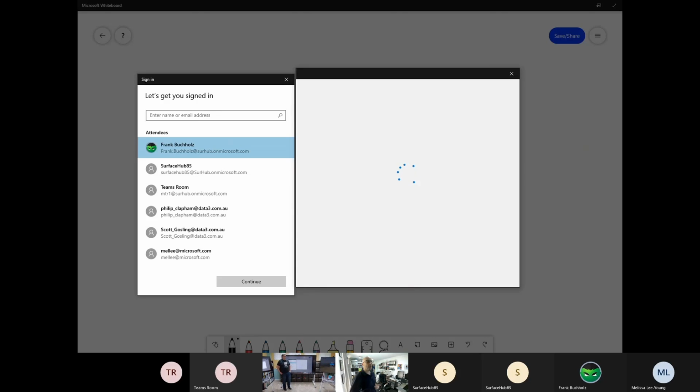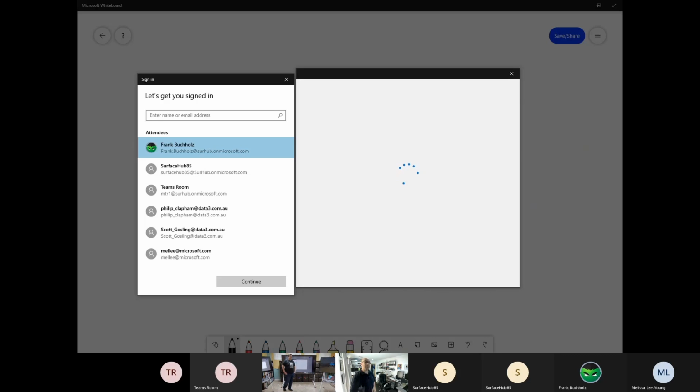And I'll have the same type of functionality as Frank has. Now that I've signed in as me, as I've identified myself, it's going to allow me the rest of the Surface Hub, all the apps that I have access to, it will all be passwordless sign-in for all those different apps. And of course, at the end of the session, when I end the session, all tokens are wiped. It gets reset back